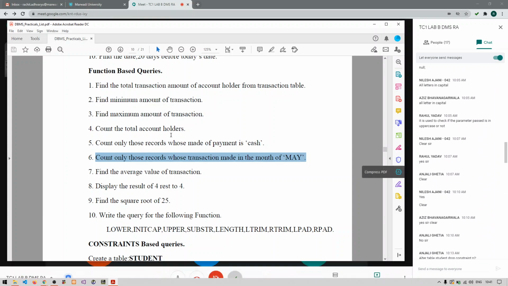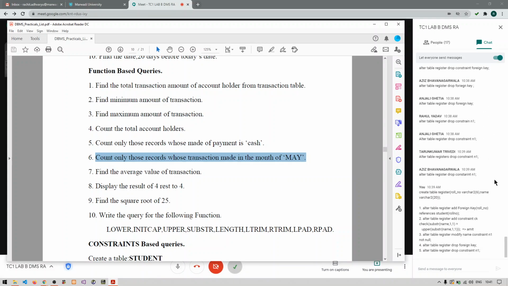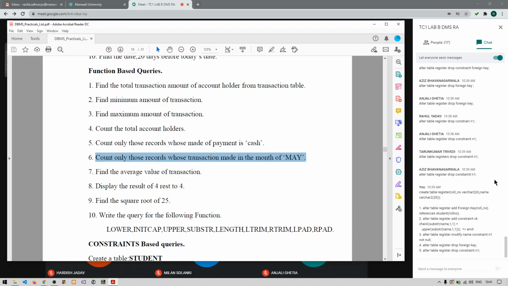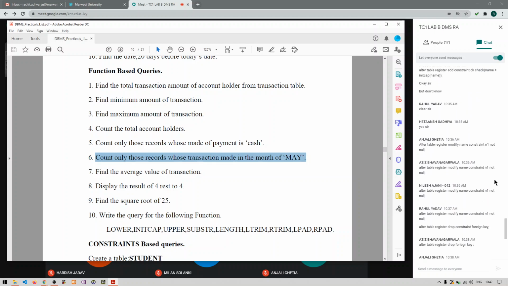So give me the answer of the first 6 queries one by one. Right? Tarun, Aziz, Anjali, Hetansh, Rahul, and Nilesh. This is the sequence of queries that you need to give me the answer.